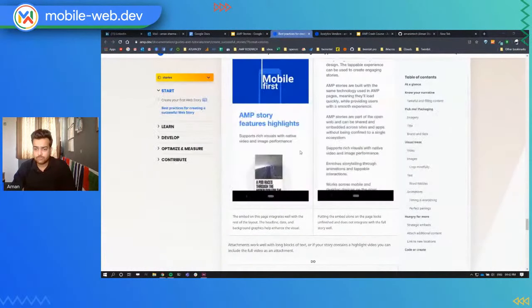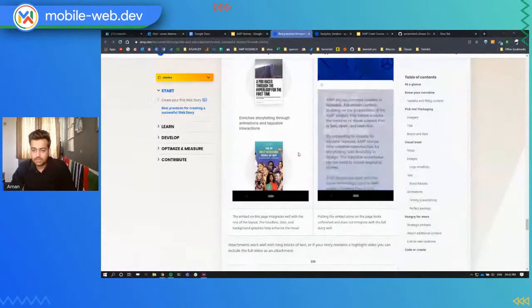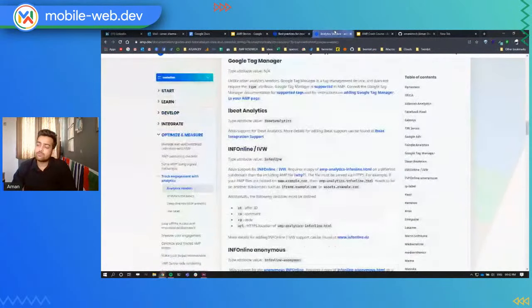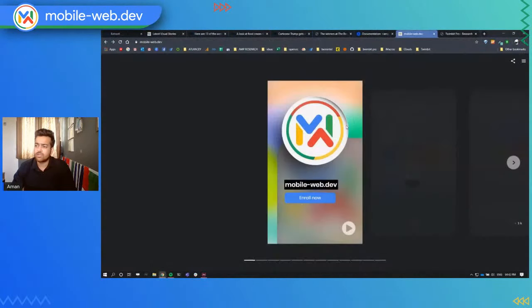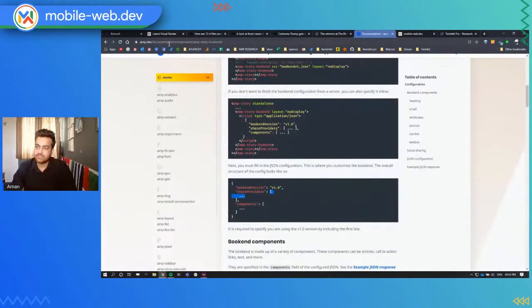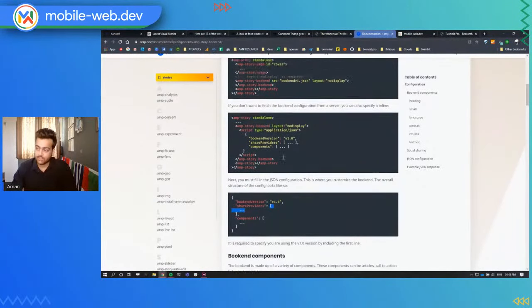Let me go through some of your questions. Can we use an array in a JSON file and access and mix it? So AMP story bookend JSON, if you're talking about that, has a particular structure of how you can put elements inside it. You cannot use just any kind of JSON. To get the proper structure, please visit the AMP dev documentation on components and amp-story-bookend.